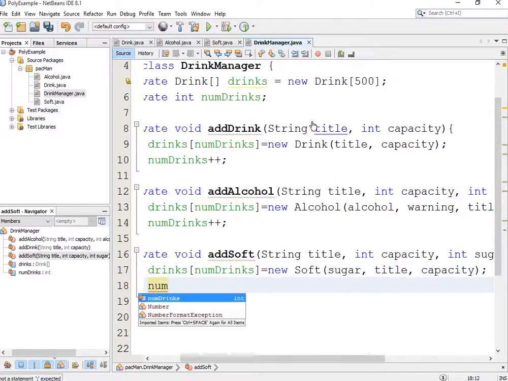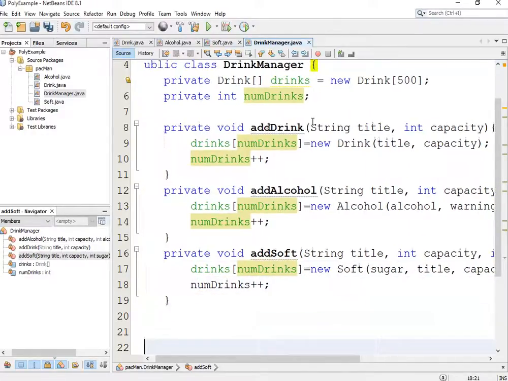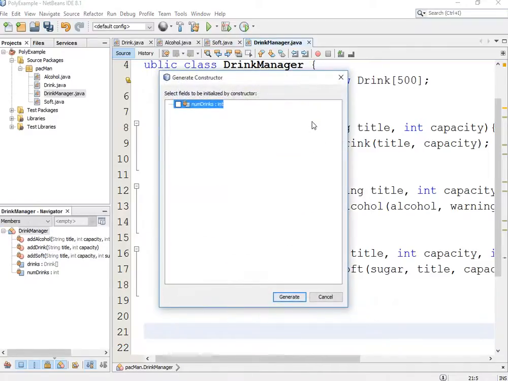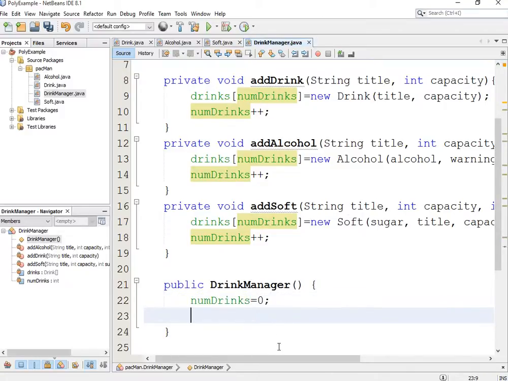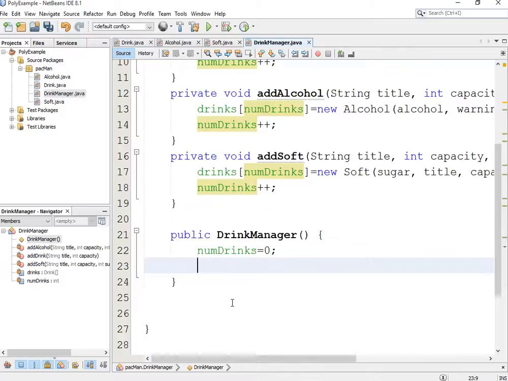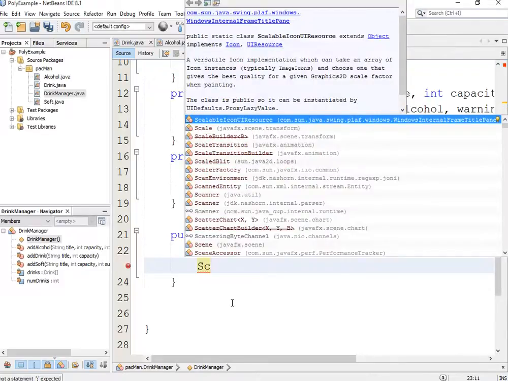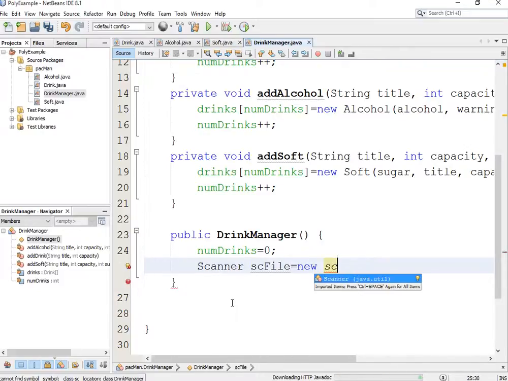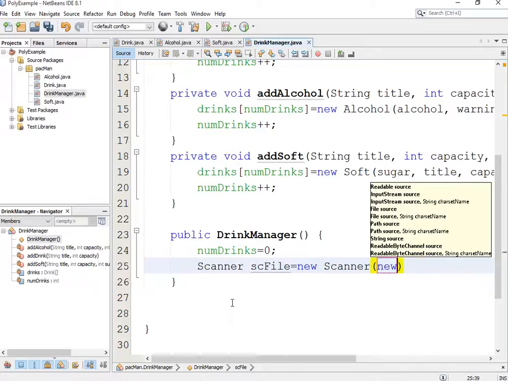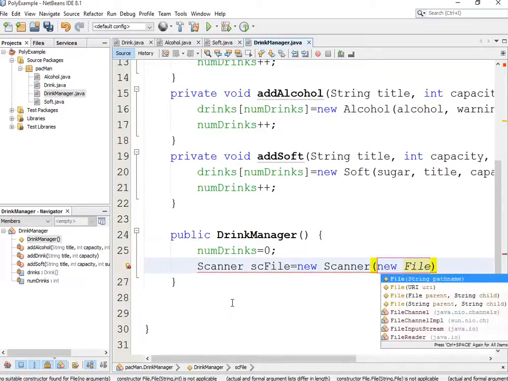Now, in my default constructor, the first thing I need to do is make sure that my numDrinks is equal to 0, so I initialize my numDrinks so that there are 0 drinks currently. I'll then need to read from my text file. So to read from my text file, I'm going to go the easy way. I'm just going to say Scanner scFile is equal to new Scanner, and I'm going to say from new File, and the file source string